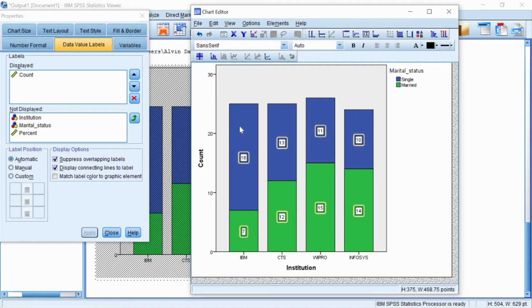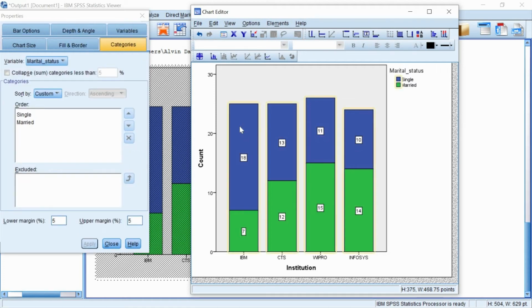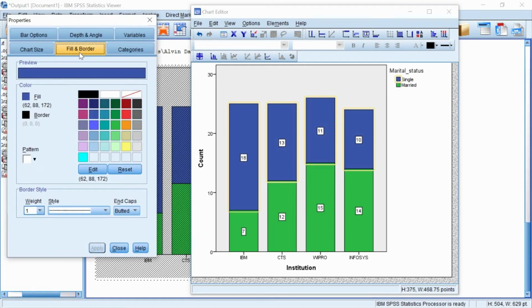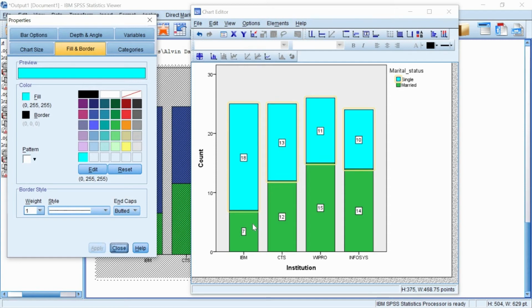Here I am selecting single, again click, single bars are selected. Then select fill and border, choose whatever color you want, then click apply and select the next category, choose the color, then apply.